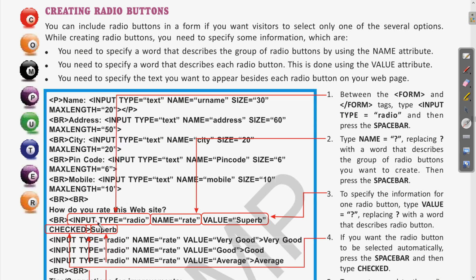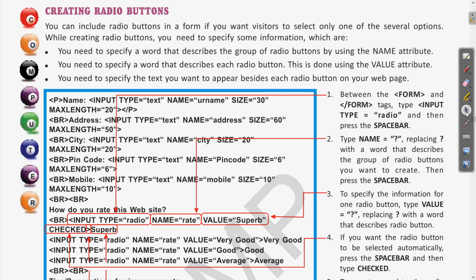While making a form, if you want feedback from the users so that they can rate the website, we have written a statement: how do you rate the website. Then in the name we made all these options the answer of a single question. Then the values you want to give have been given.